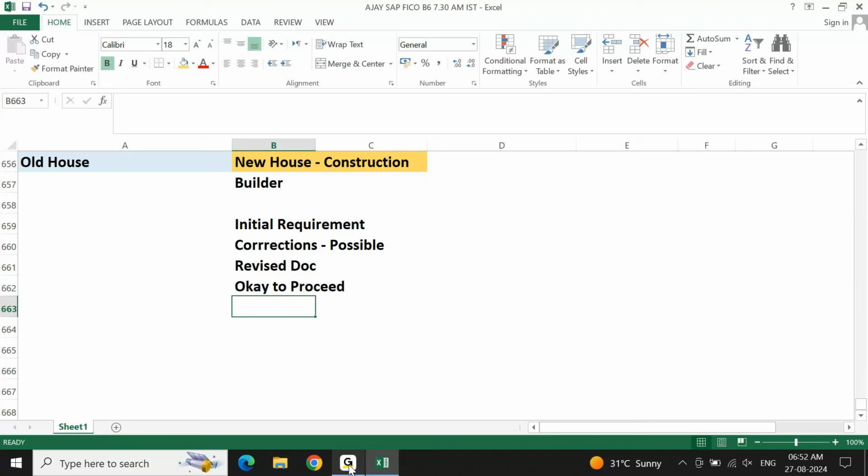Once your builder begins the work, he may be digging everywhere. If he is putting holes everywhere on the land, are you okay? No. Because you need to make sure that, as per the plan, we need to put, let's say, 11 pillars. This is the pillar position. Exactly there only you need to dig. Why are you digging there when there is no pillar there? It is not as per the plan. You are not supposed to put any hole or dig there, unless there is a valid reason.